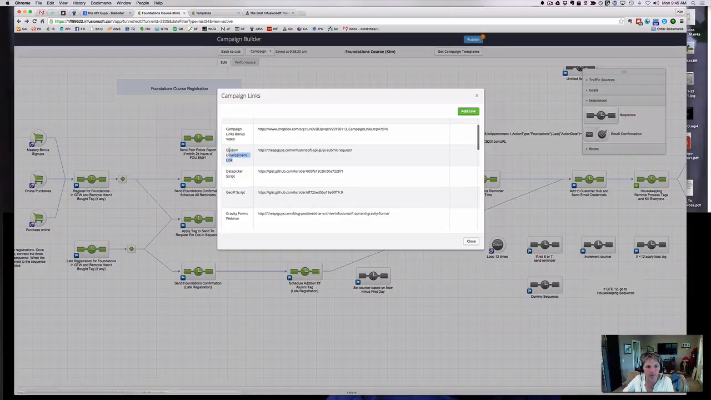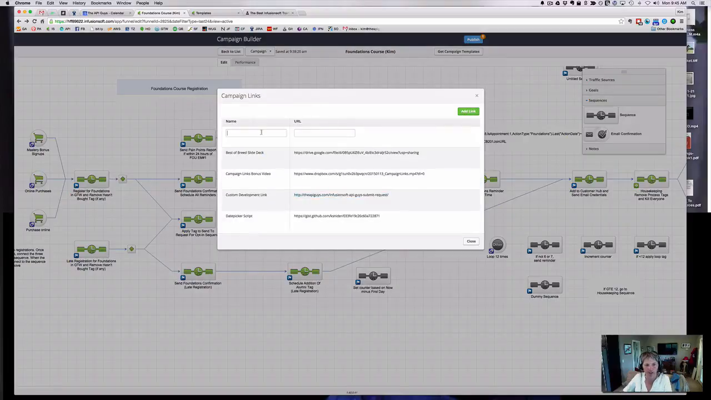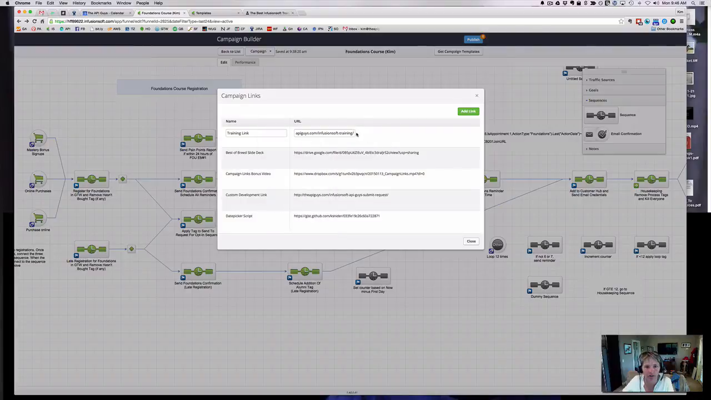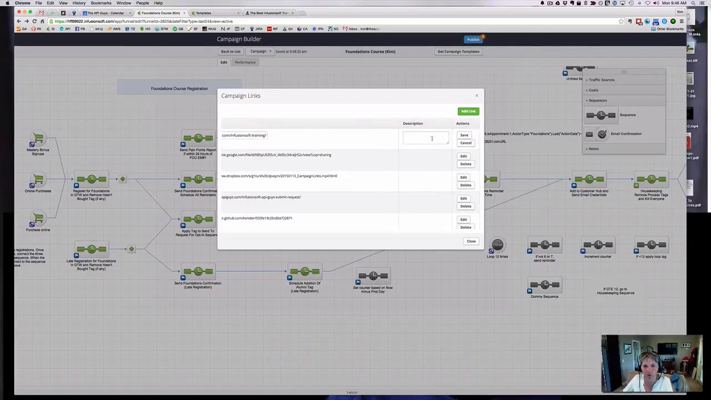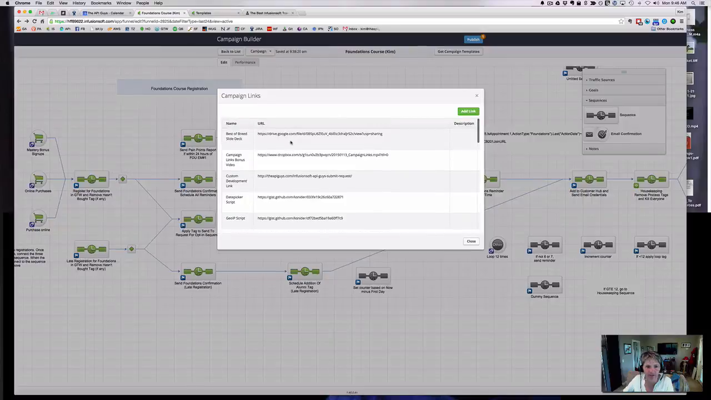Here, custom development link. All right, so I've created that one, and now I'm going to do the training one, and then I'll show you how to add them. I'm just going to call this training link, and I'm going to put the training link in there, Infusionsoft training. You've got to scroll all the way over. I never put a description in. Some people do. I say save, and now I have this saved